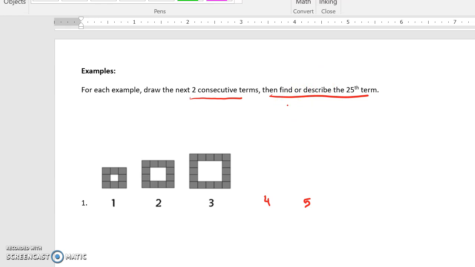So when you describe the 25th term, you can kind of do a sort of sketch if you want. So for example, if you're trying to count blocks, if we had 1 block, 2 blocks, 3 blocks, and you were trying to do 25 blocks, it's okay if you do something like blocks and then dots and then blocks, and you can draw like 25. So you can sort of sketch it out a little bit. All right, and then also try the